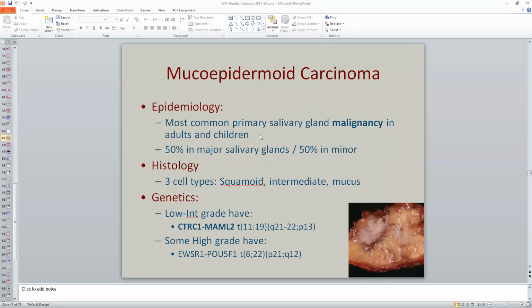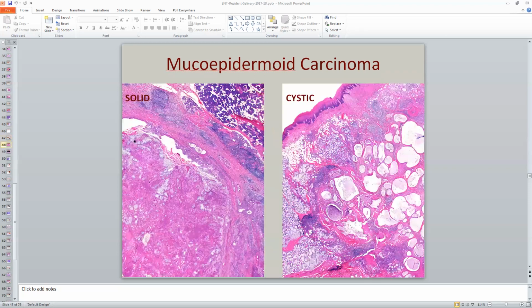This is one of the few salivary types of tumors that is thought to have potentially 3 cell types, which I'll show you on the next slides: a squamoid, an intermediate, and a mucinous. They generally have CRTC1 or 3 and MAML2 translocations, which are diagnostic. And so on low power, mucoep can be either solid or micro and macrocystic, but